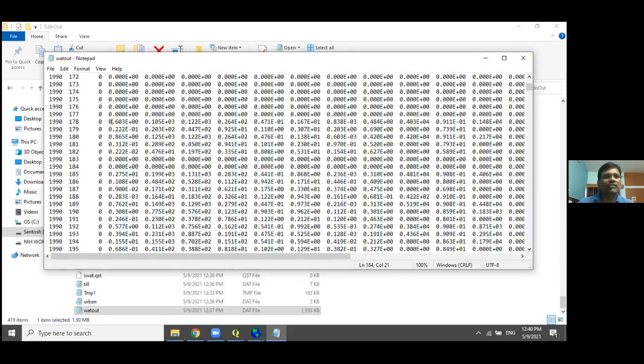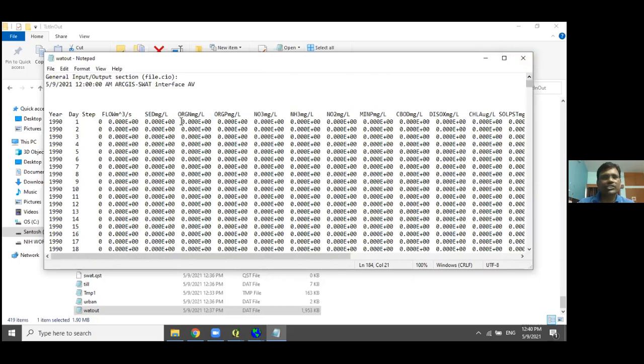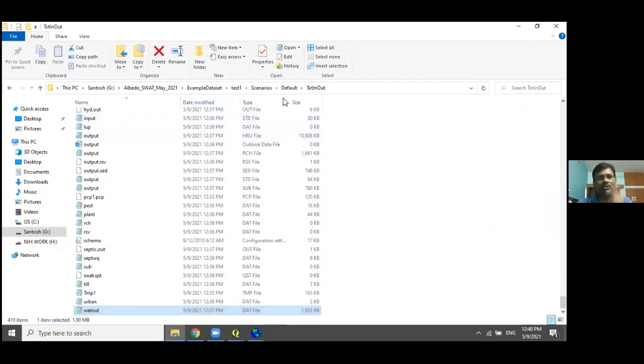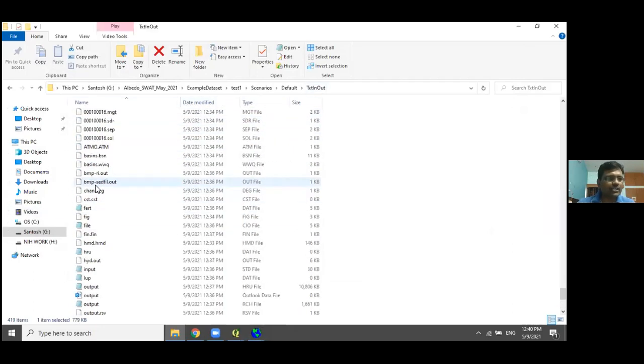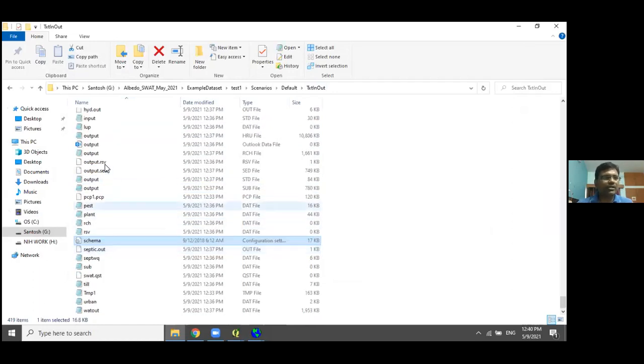So this is one important file which is required for the SWAT model. This is the simulated outflow at the main outlet. Like this, you can also find one more file, HRU or sub-basin. You can also find sub-basin wise output.